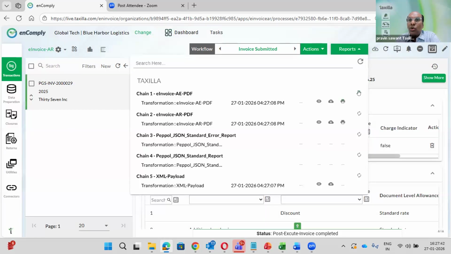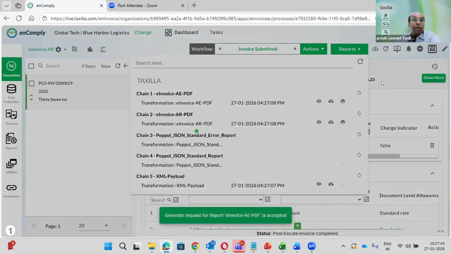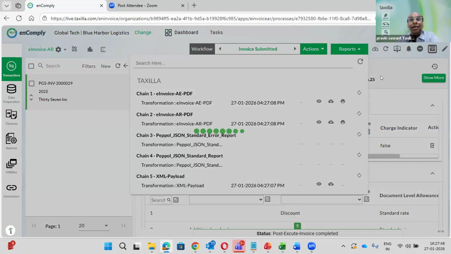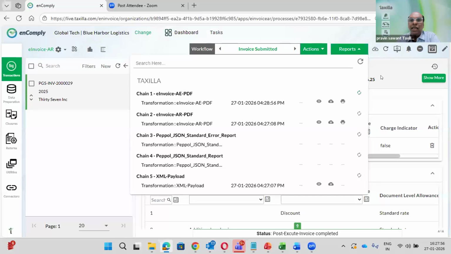Ideally speaking, you don't need to share the PDF copy, but initially, because not all people are under e-invoicing, they will ask for the PDF copy. Now, if you give the current PDF copy, the way you share a tax invoice today, will they believe you, because there is no change? How will they believe that this PDF copy is an e-invoice copy?